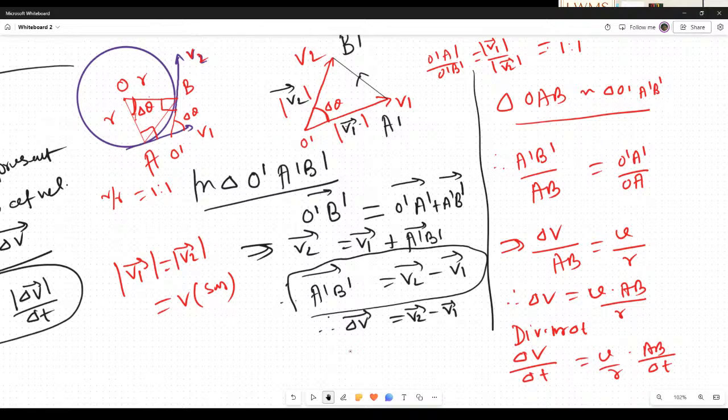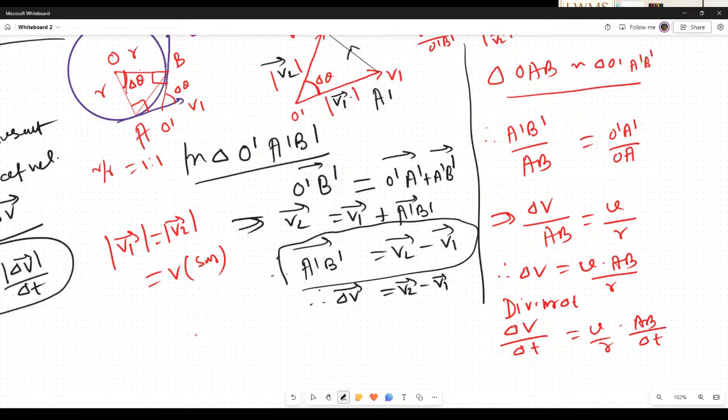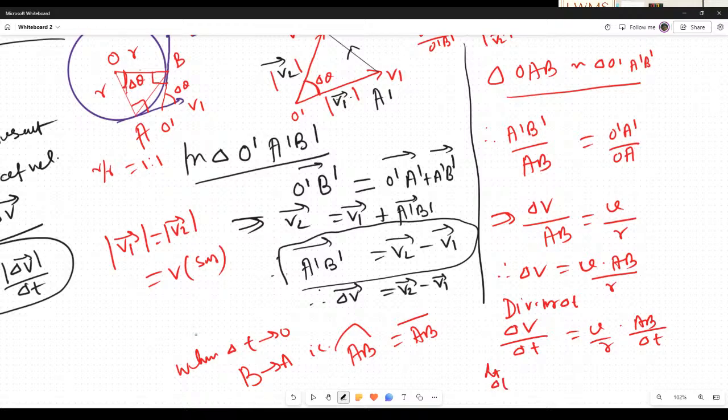Under what condition are arc AB and chord AB equal? When B is very close to A, when delta T tends to 0. So after writing this, you have to mention it. Now, when delta T tends to 0, B is approaching A, that is, arc AB is going to be equal to chord AB, isn't it? So put delta T tending to 0 on two sides